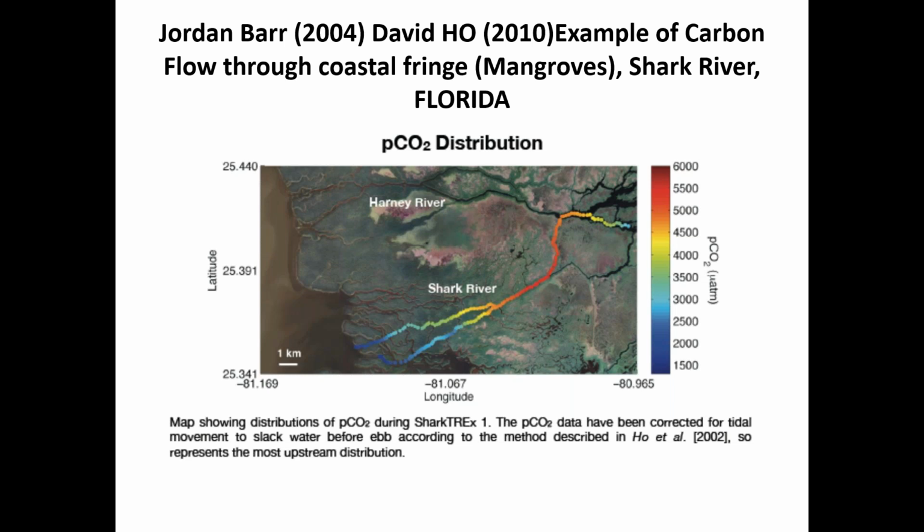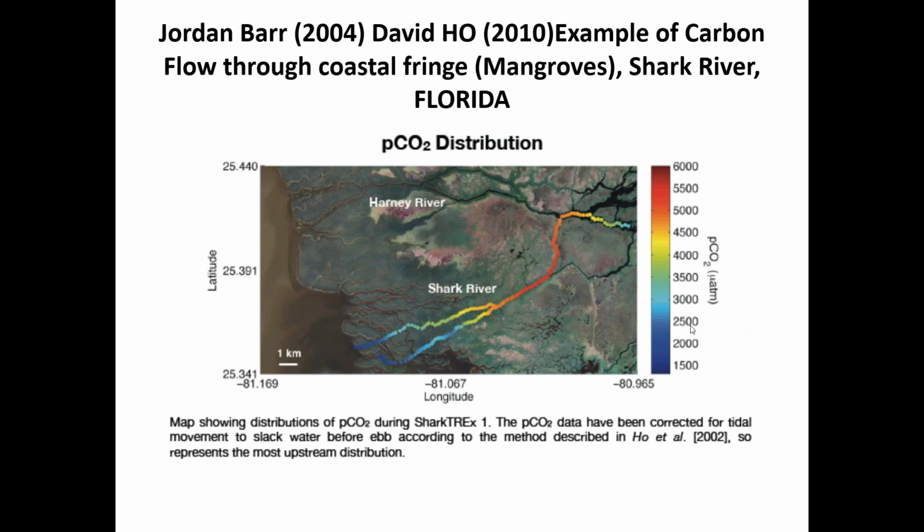Good, okay. So Jordan Barr with David Ho did a wonderful job in the Everglades National Park of looking at the flux, and I think it's very interesting. One of the big questions, of course, is that the whole study brought up more questions than answers. And here is the lower southeast part of the Everglades, Shark River, a very famous part. Gathering carbon from the sawgrass and other epiphytic and other vegetation, it's full of high carbon, the river